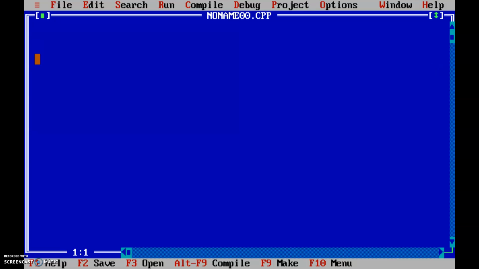Here only we are going to write the program. The first line is the header file: hash include, less than symbol, stdio.h, then main,